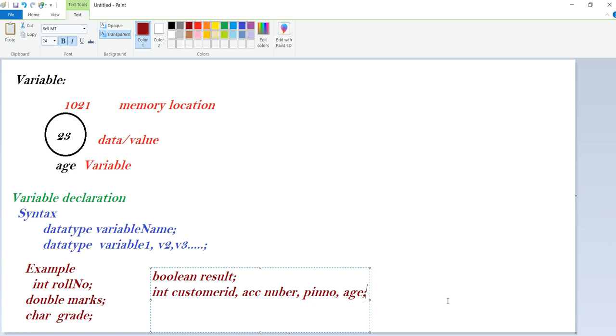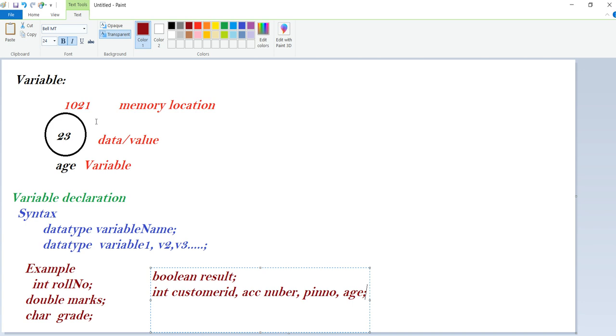When a variable is declared, the memory for that variable will be allocated. Once we define it, some memory is allocated. The amount of memory allocated to a variable will depend on the data type that is specified, because in the last video we already saw that a float can occupy this much, an integer this much, a boolean this much. Based on that, it can be defined.